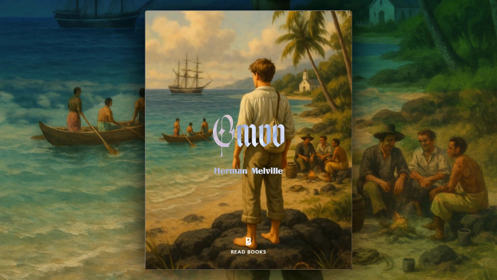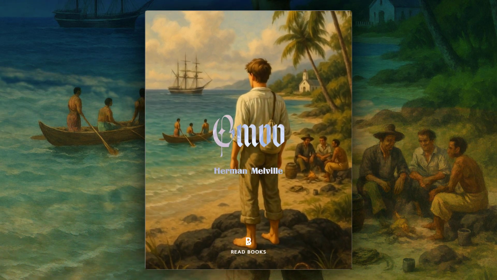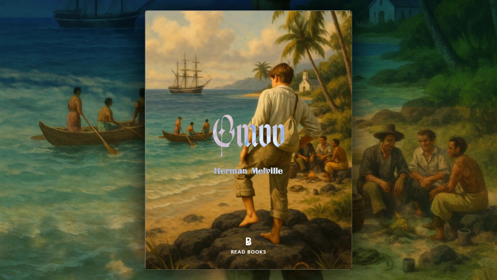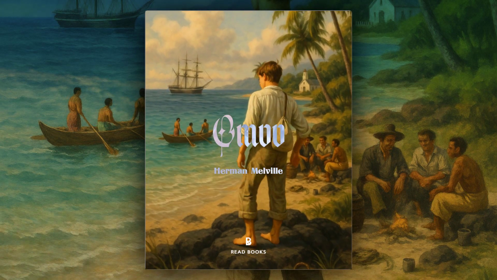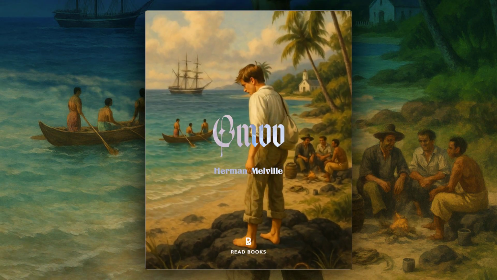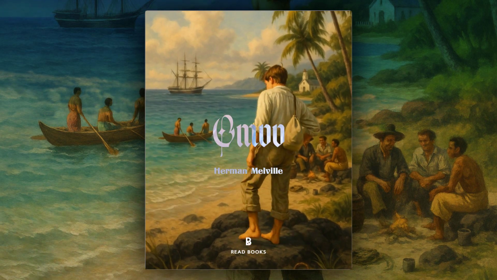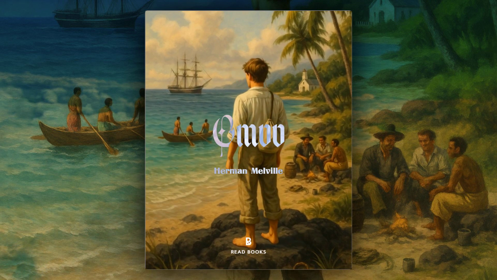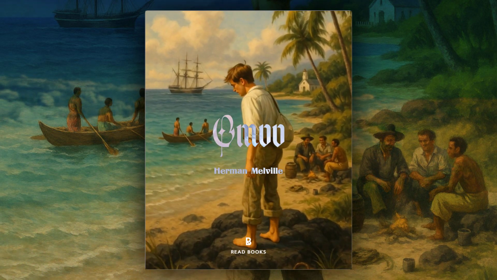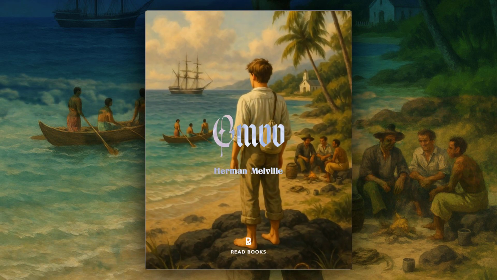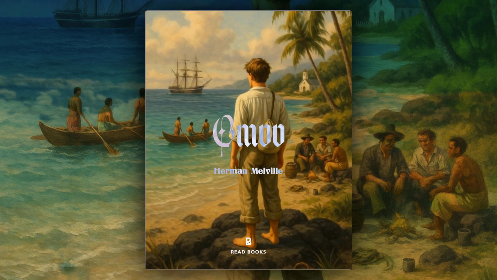Throughout his journey, Tommo reflects on broader existential themes. He contemplates the nature of man, the reasons for societal constraints, and the allure of the unknown. Melville portrays a vivid picture of island life, rife with lush descriptions of the landscape and the seemingly simple yet complex lives of the native islanders. The tension builds as the presence of colonizers becomes more pronounced.